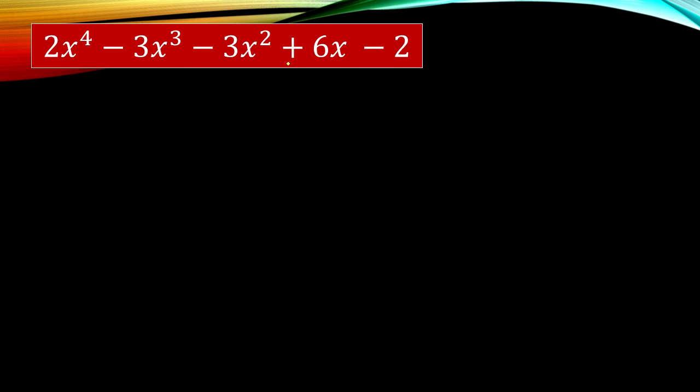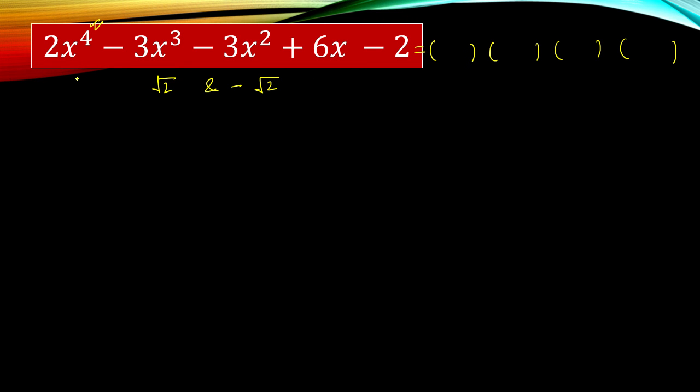Now this is the question, a degree 4 polynomial. If we find the factors of the polynomial, definitely we will find 4 factors. So let's start the question. What is given in the question? Two zeros are given: root 2 and minus root 2 are the zeros of the polynomial.